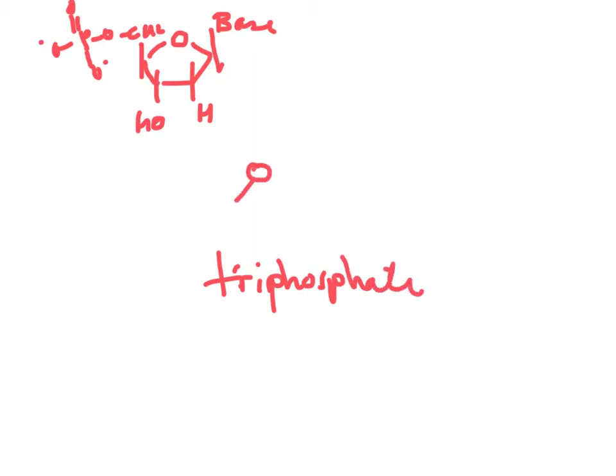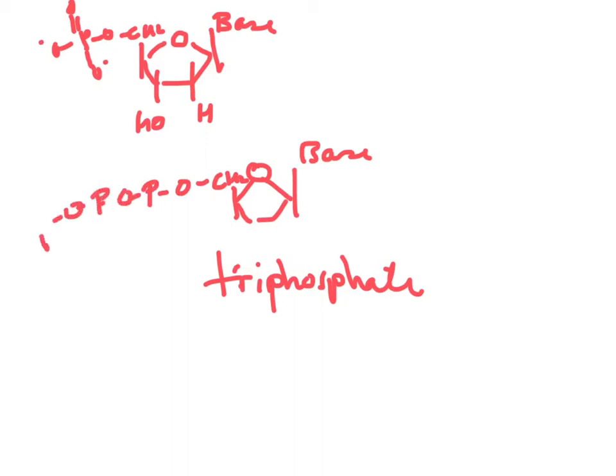So you have the base, but instead of just having one phosphate on the end, you actually have 3 phosphates, 1, 2, 3. They all have to have their correct bond, so each one is going to have a double bond to an O, and it's also going to have a single bond to an oxygen on the bottom. And what this does is the terminal 2 phosphates here,